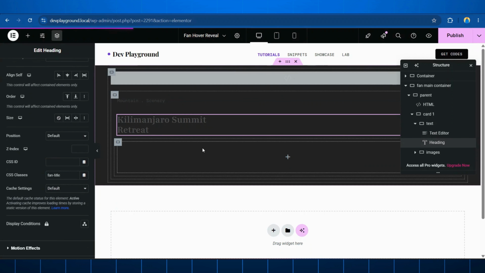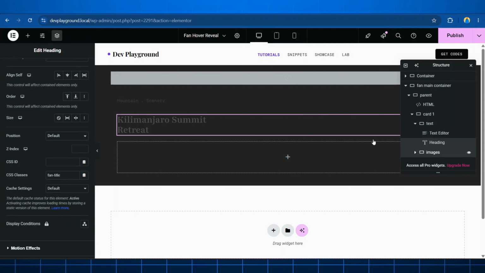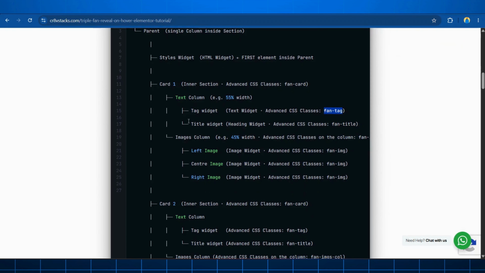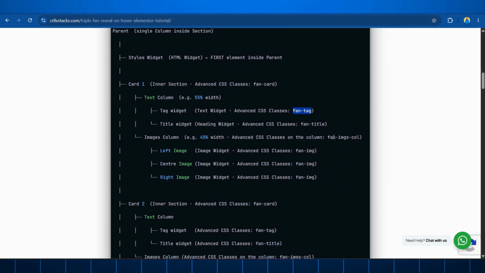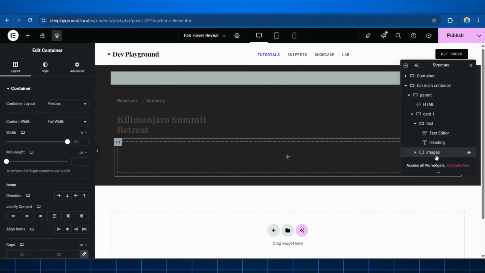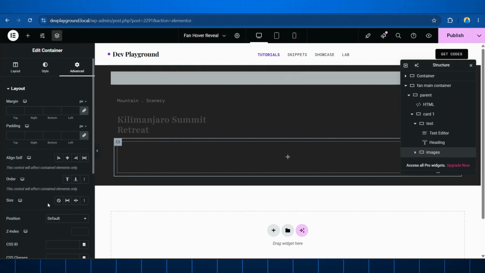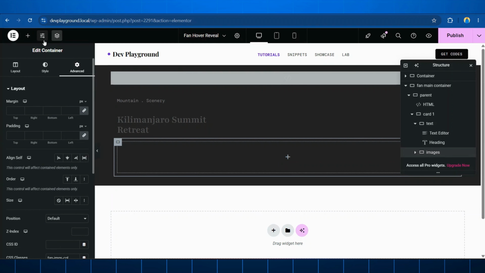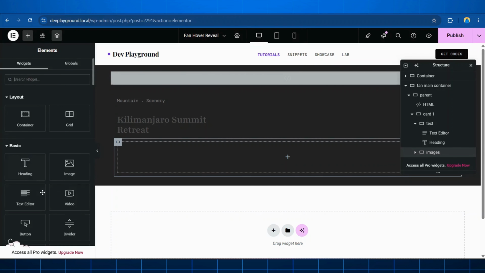So from there we can move over to the next thing, which is the images. If you come back here, you can see this is the tag and title widget. So I've added this here. The next is the image column. So I'm just going to copy this so that I don't forget, then come to the image widgets here, go to the advanced tab and put in the CSS class. So then I'll just come out and